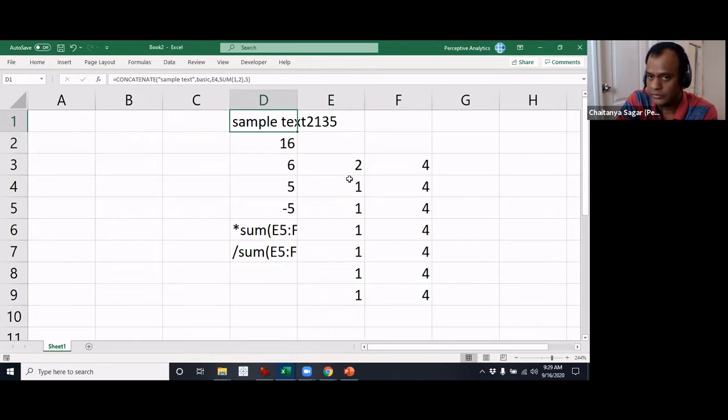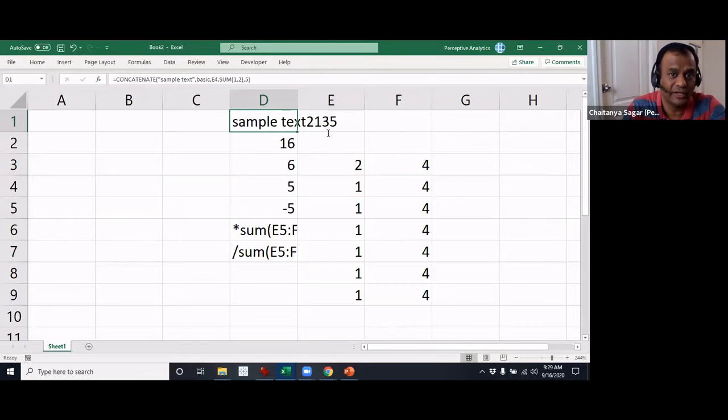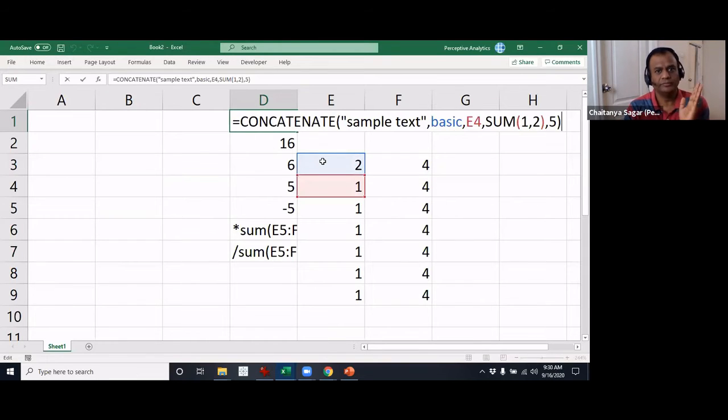So just some additional tidbits. I think this is something that I had mentioned before, but I will just mention this one more time. You can hit F2 when you are on the cell in order to open up the formula.